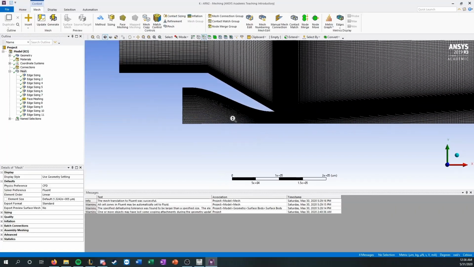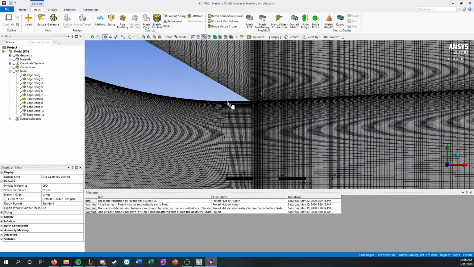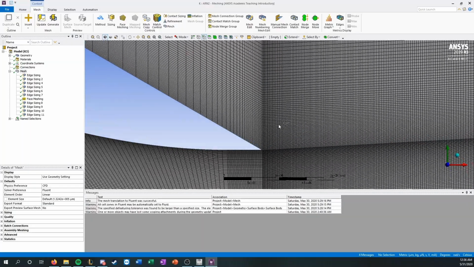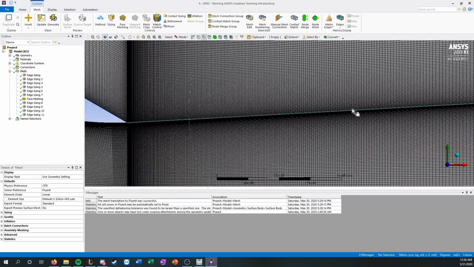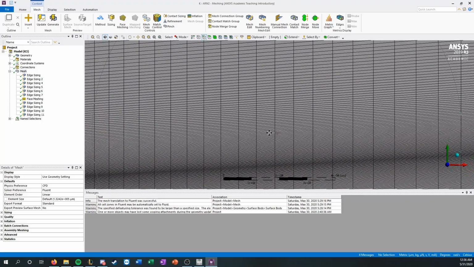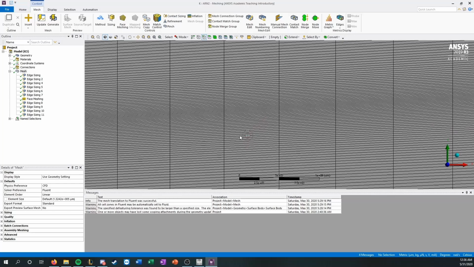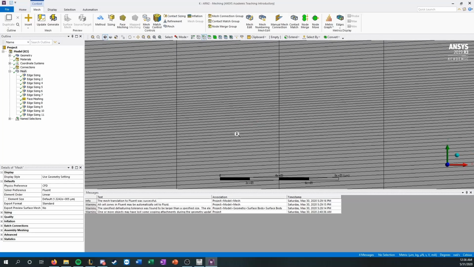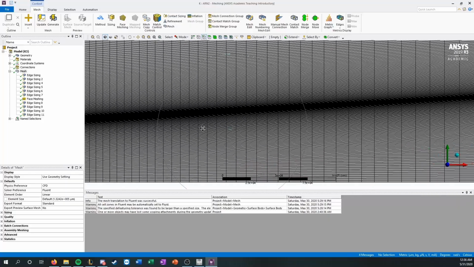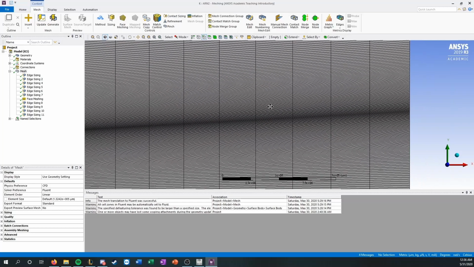So it's refined the most in this region. This is where you have expanding flow and a free stream coming in too, and it continues to expand. One thing you see is that I don't see any big shifts in volume. Generally you want one cell next to the next cell to not have a huge change in volume. The aspect ratio is a little bit big on some of these cells farther down the line,